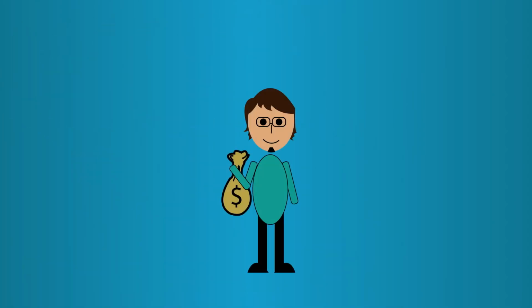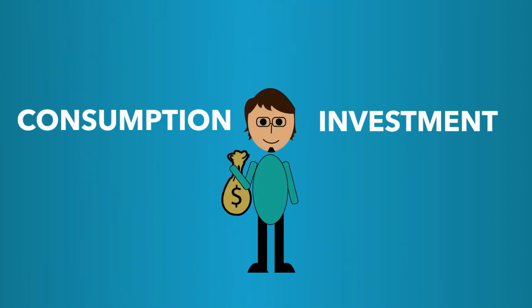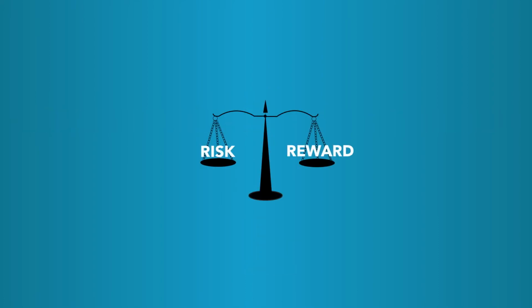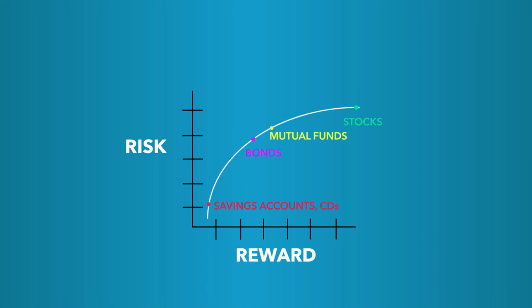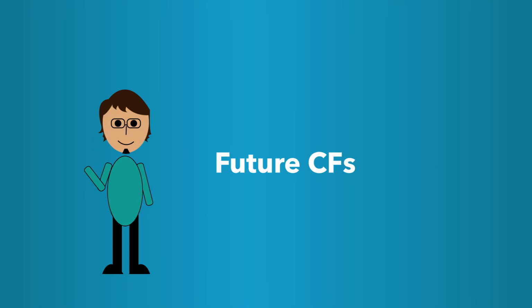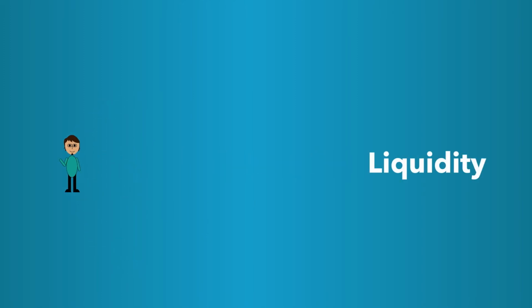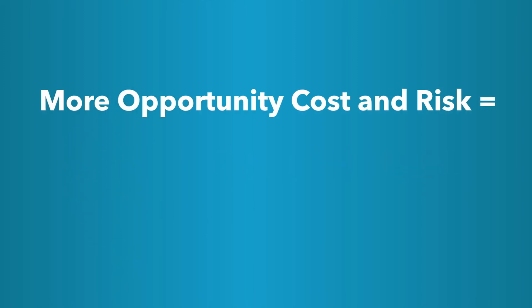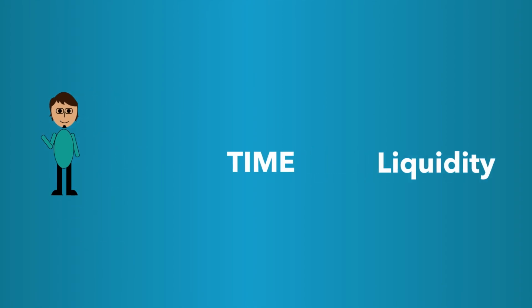If you had liquidity now, you could use it for consumption or investment and benefit from it now. There are also risks such as the always uncertain future, whether or not you will actually get your cash flows and just how much they'll be worth when you do. The further in the future cash flows are, the farther away you are from your liquidity, the more opportunity cost and risk you have, and the more it takes away from the present value of your wealth, or PV, which is not yet liquid. In other words, time puts distance between you and your liquidity, and that creates cost that takes away from the value. The more time there is, the larger the effects on value of wealth.